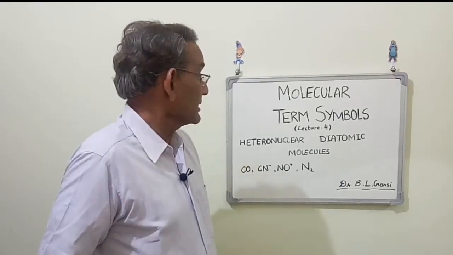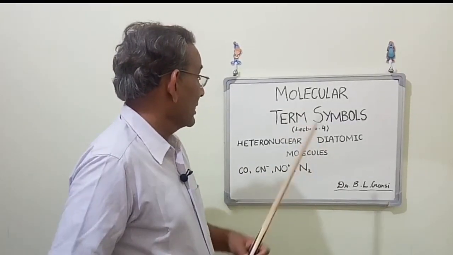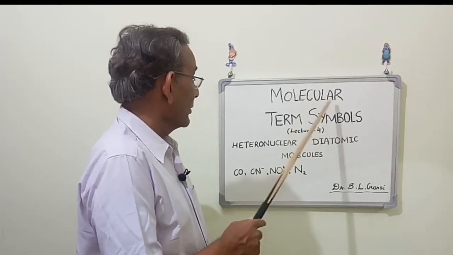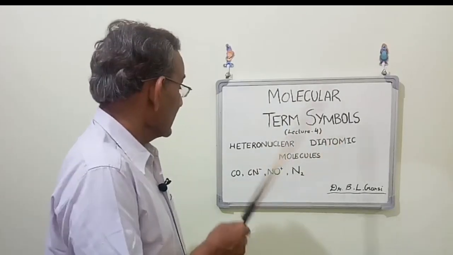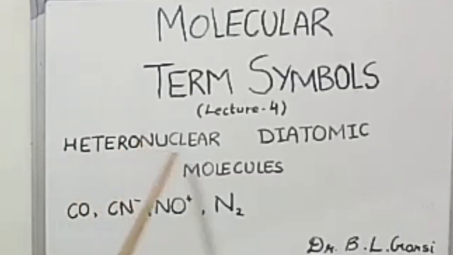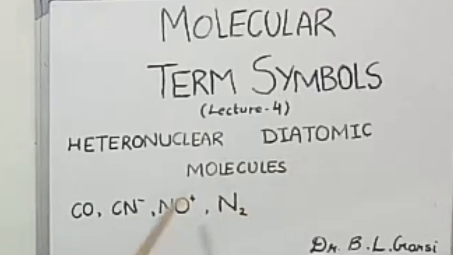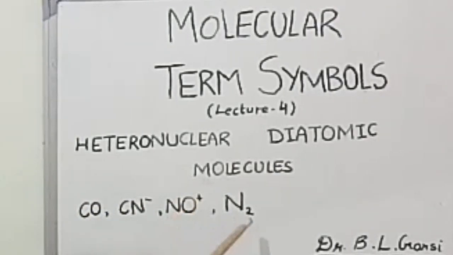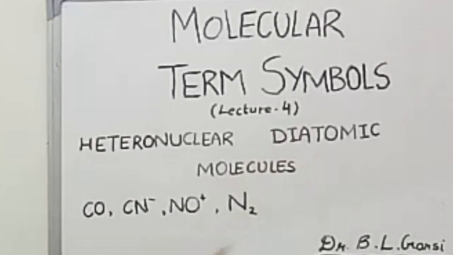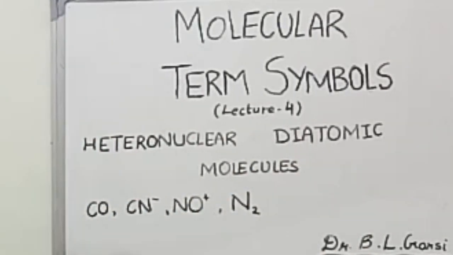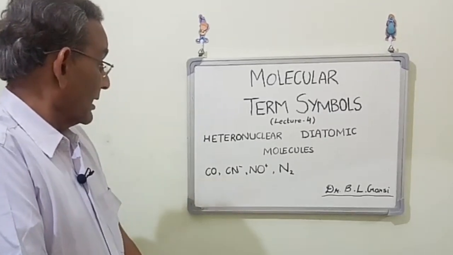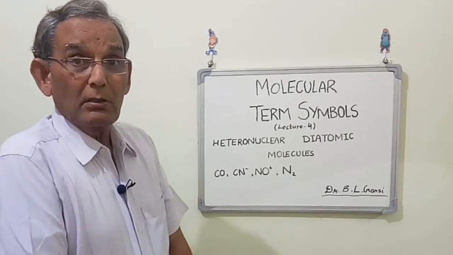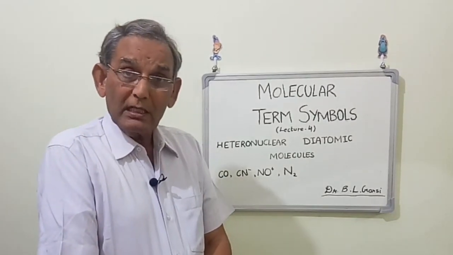Today we are going to discuss the molecular term symbol, lecture 4. This is the last lecture on molecular term symbols. In this lecture we will discuss heteronuclear diatomic molecules like CO, CN-, NO+, and N2. These molecules will be discussed in this lecture, and we will also discuss the terms for equivalent electrons and